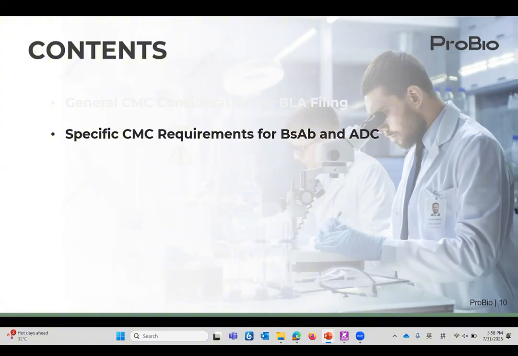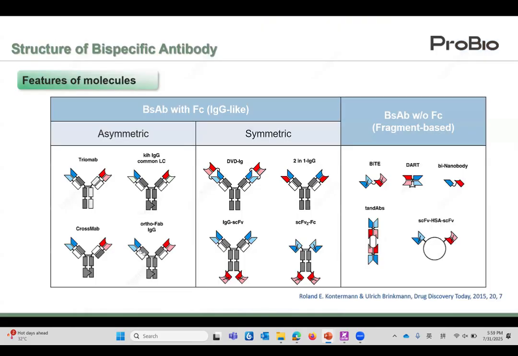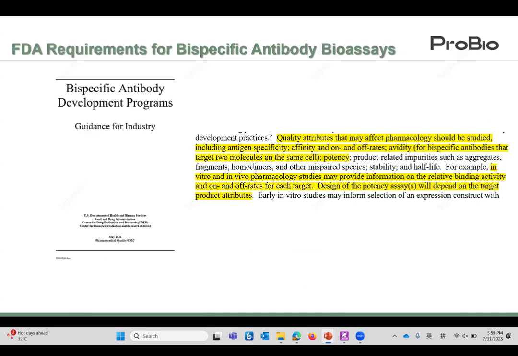So except these general requirements, I also would like to share some special considerations. This slide, I don't want to talk more. You are experts. There are different kinds of bispecific antibodies like IgG-like or non-IgG-like. So for the bispecific antibody, the requirements also need to do all the CMC work as I mentioned in the first section. And another part is the quality part,